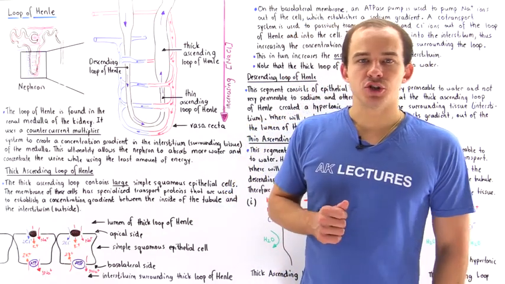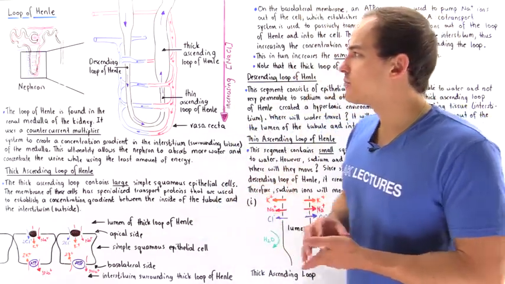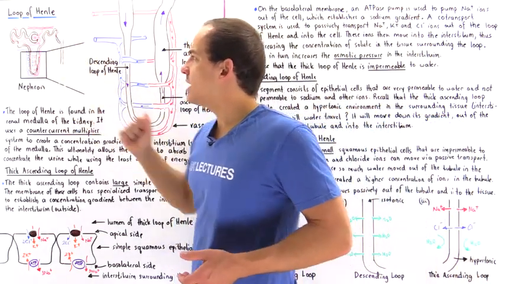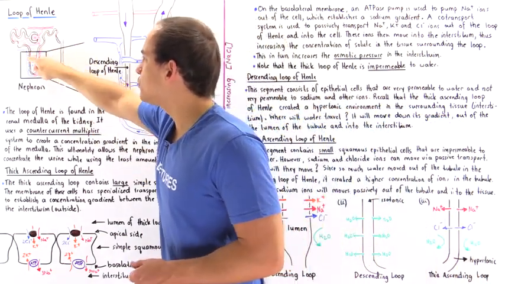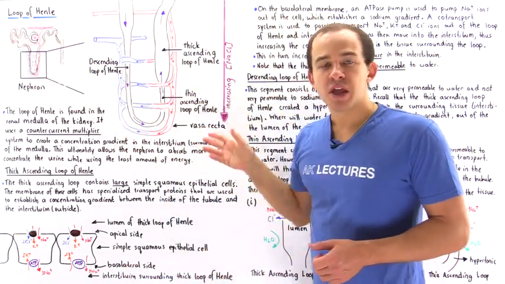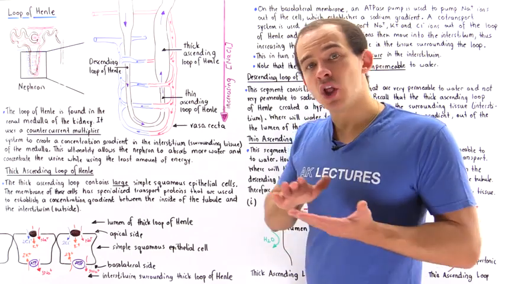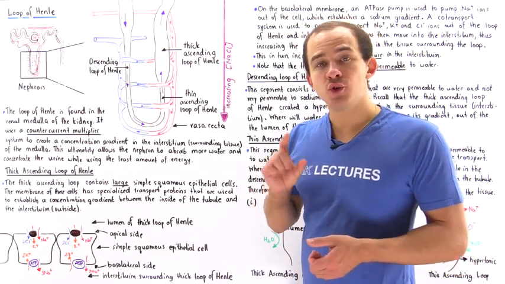The next section of the nephron that we're going to focus on is the loop of Henle. So if we take a look at our nephron and we zoom in on this U-shaped structure, well, this will give us our loop of Henle. And the first thing to notice about the loop of Henle is that it's located inside the medulla portion of